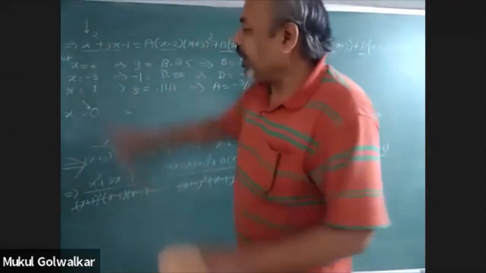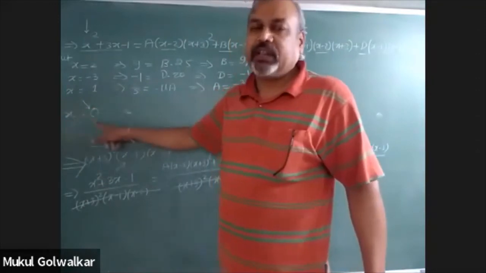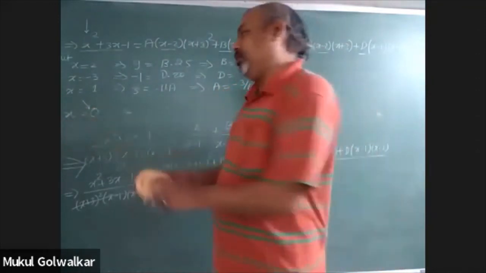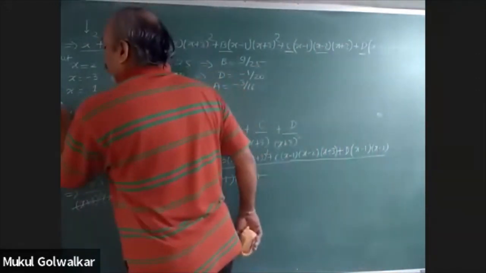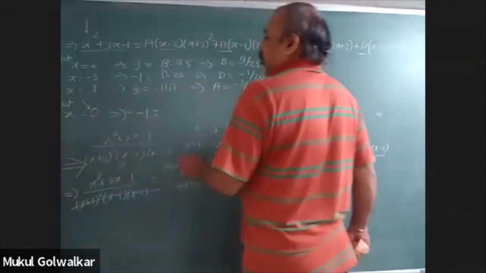So, I hope you have understood this procedure: how are we selecting this fourth value of x? So, putting x is equal to 0, we get on the left hand side minus 1 is equal to